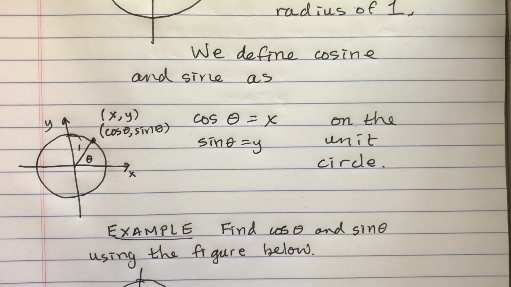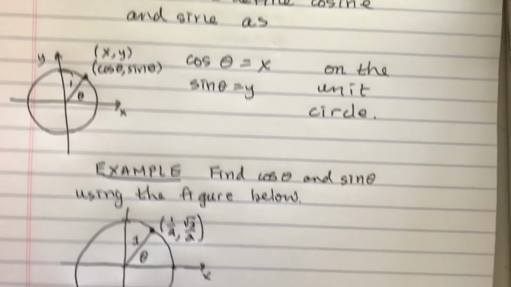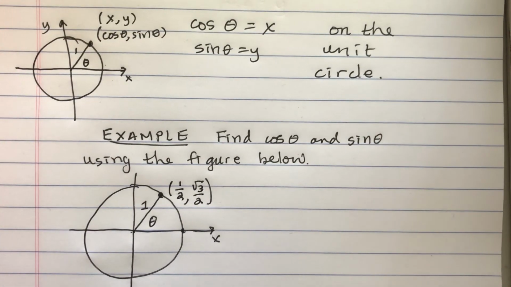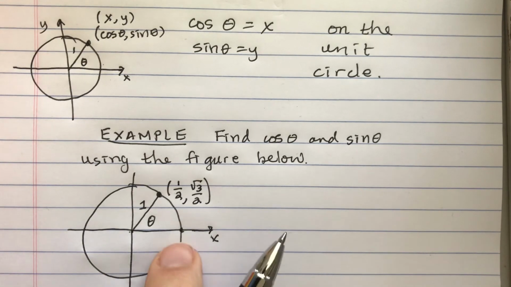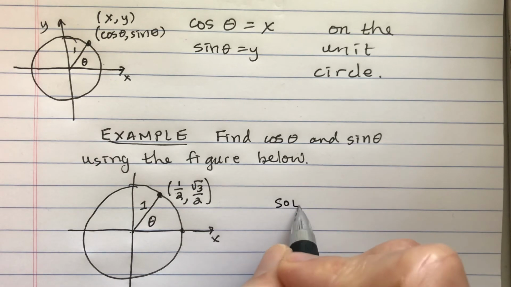Here I'm drawing a unit circle, and I'm going to say that this is theta, and that this point here is 1/2, and the other coordinate is square root of 3 over 2. Sorry. So that's a picture of a unit circle and this one particular angle. So the solution is, given this picture,